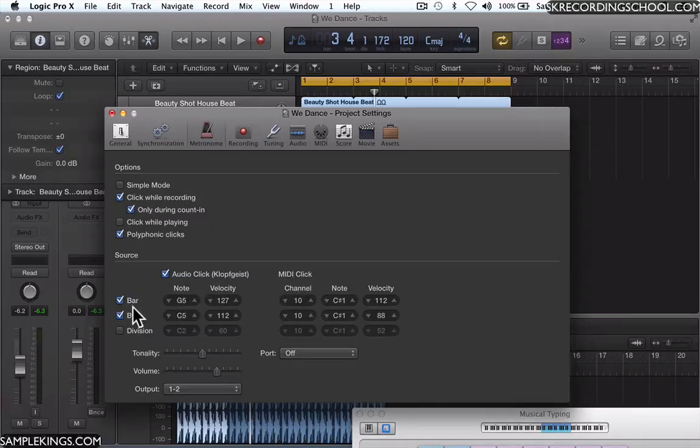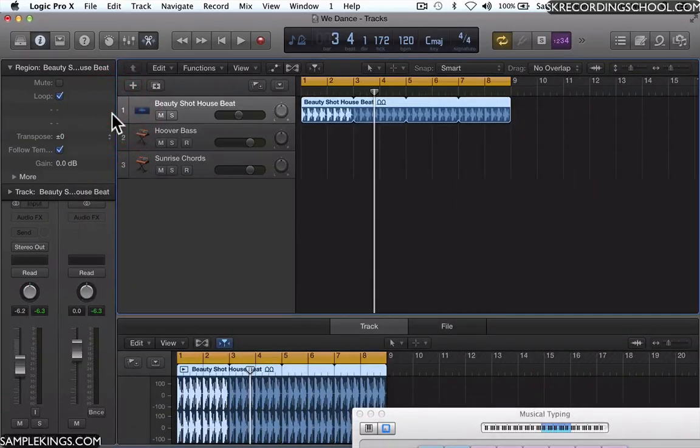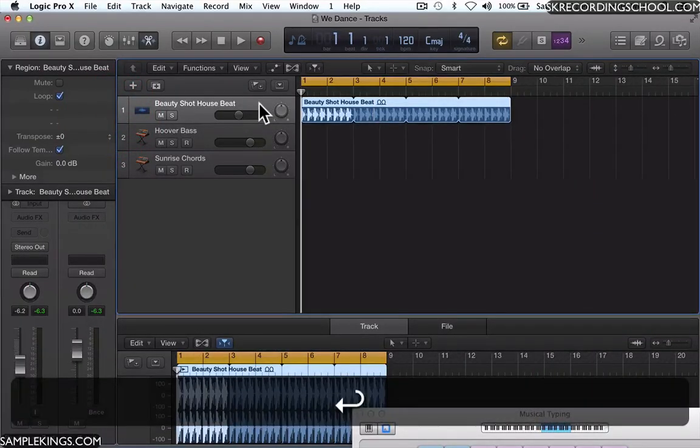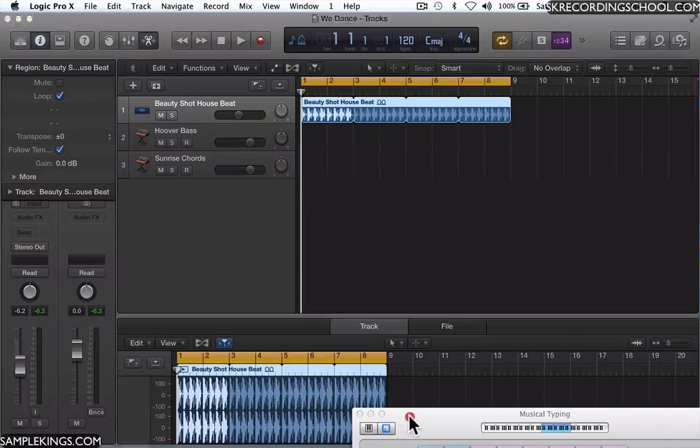And we have the bar and the beats, right? Good. And the tonality is set here too as well, as you can see here. And it's going to come out of the output of the master out. That's 1 and 2 output. It's important to know. So I'll close that window, and I'll press return,